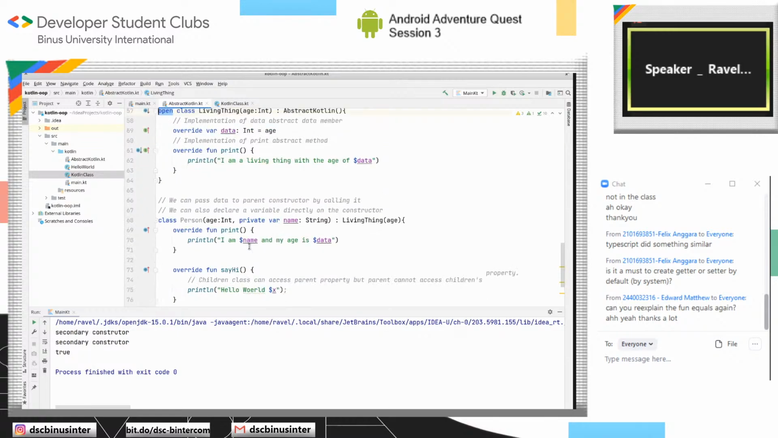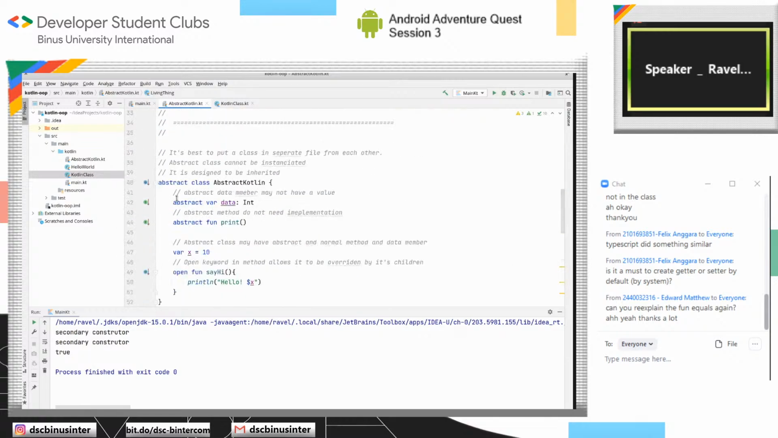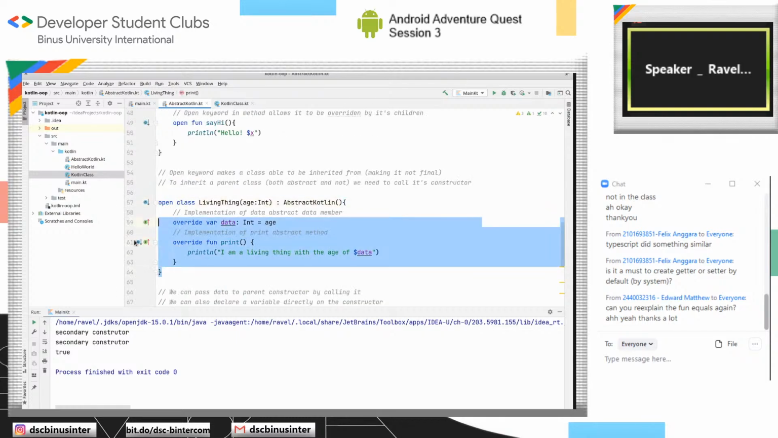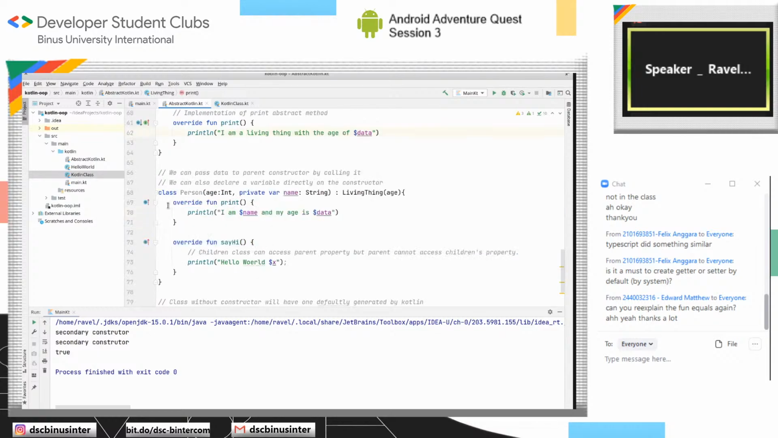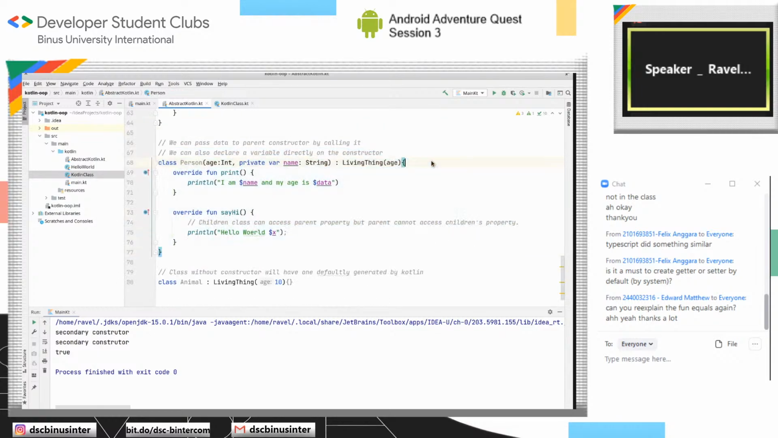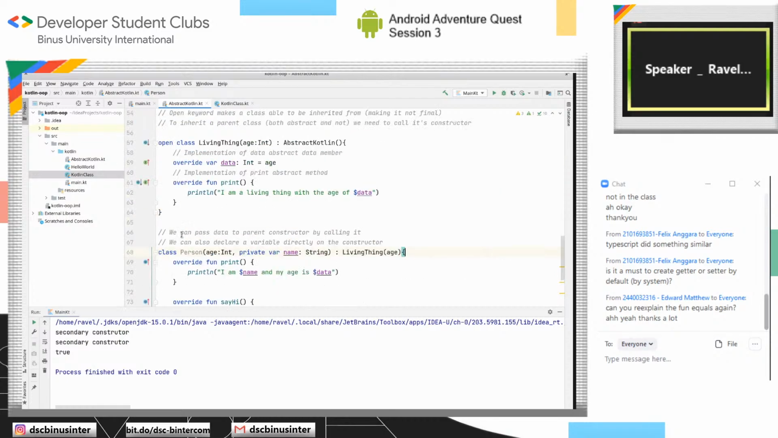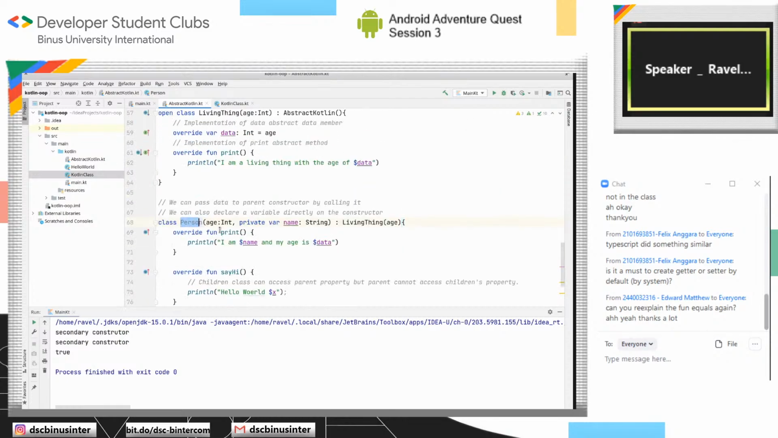So like what I said before, an abstract class is a template to create a template. So the template now is LivingThing. But now we want to create a template based on LivingThing. We can do that by extending LivingThing or inheriting LivingThing. Now we want to create a class called Person with this data and instance, and then we want it to